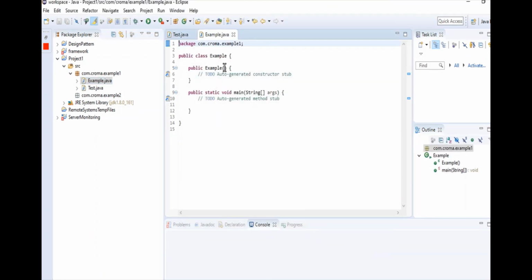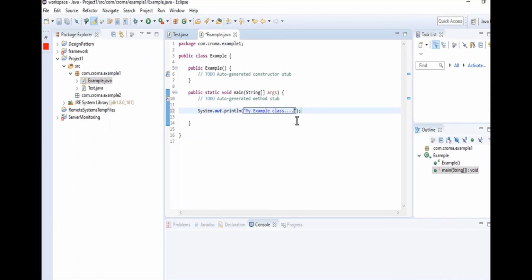See, another class is created, in which I again want to type System.out.println my example class. Here you can see a star, which means your content is still not saved. So Ctrl+S to save, or you can press this button as well.